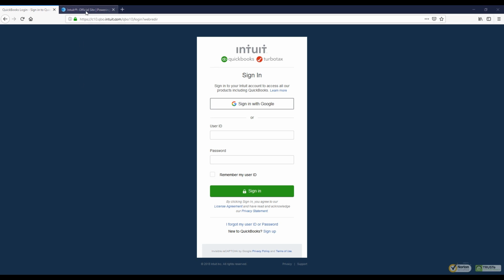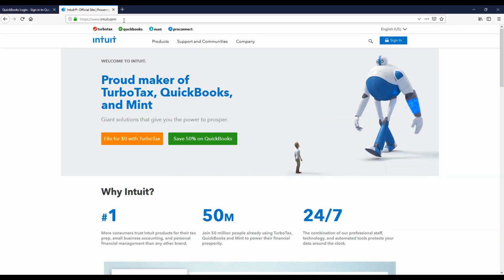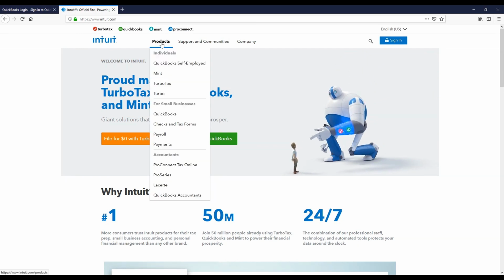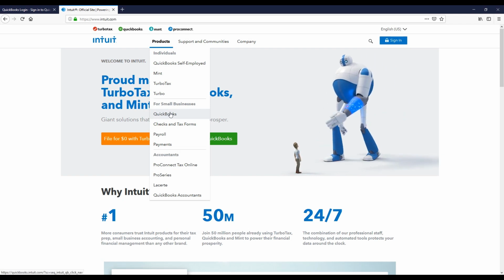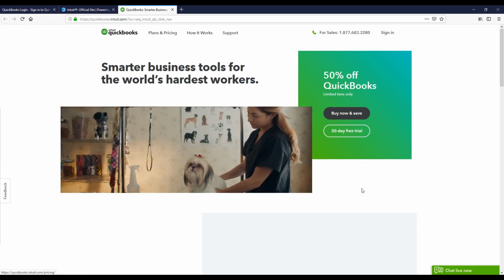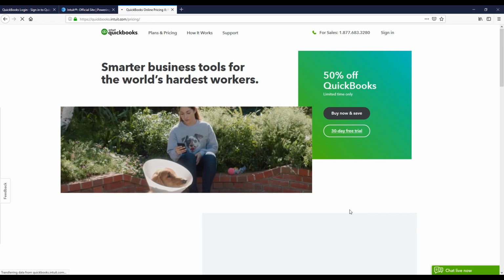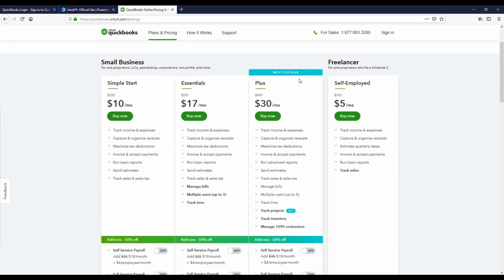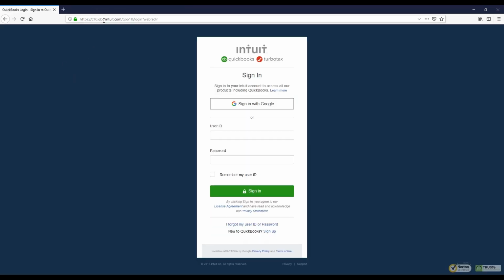So the first thing you want to do is go to intuit.com. That's the main website. You're going to go to products. For small business, go to QuickBooks. And you could actually get a 30-day trial, which I would highly recommend that you do. Let's click on 30-day trial, see what we get. All right, there's multiple packages here. Pick the one that best suits your business needs. And then once you have selected a package and signed up, you're going to go to